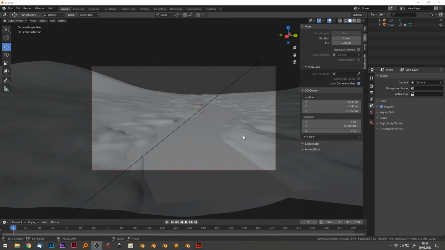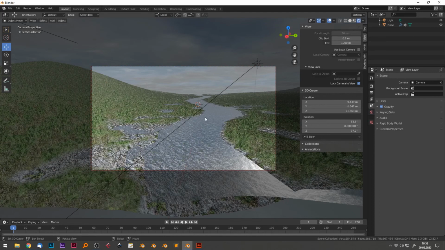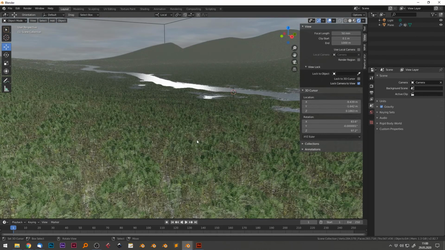So let's have a look at an example. Here I have a river scene which consists of a plane mesh with some noisy wave texture and some stones with parallax mapping, as well as deep grass forest ground, meaning this is the library which is included in the full pack, or if you look on Blender Market